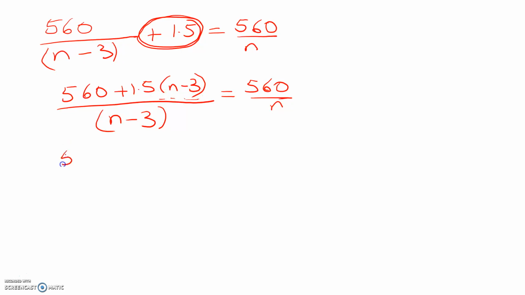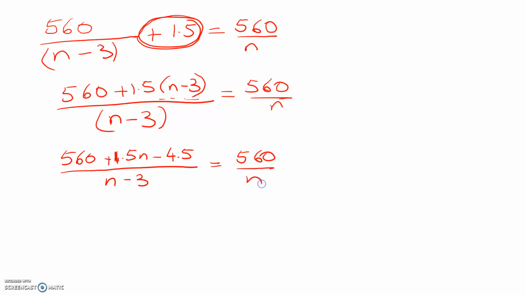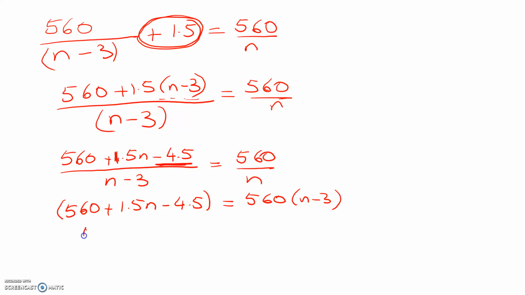Okay, next step, I'm going to expand the numerator. But I'm actually not, I'm just going to cross multiply everything now and clean it up. So we get 560 plus 1.5n minus 4.5 is equal to 560 times n minus 3. You'll see why I haven't bothered to clean this up in a second, hopefully. So here we get, whoops, that's times n in there. So 560n plus 1.5n squared minus 4.5n is equal to 560n minus, what's that,